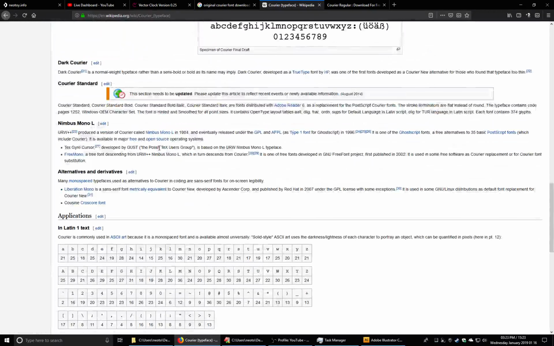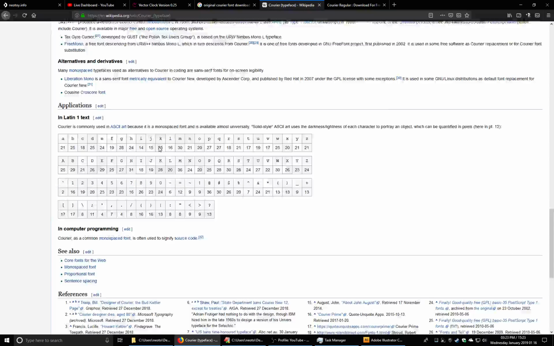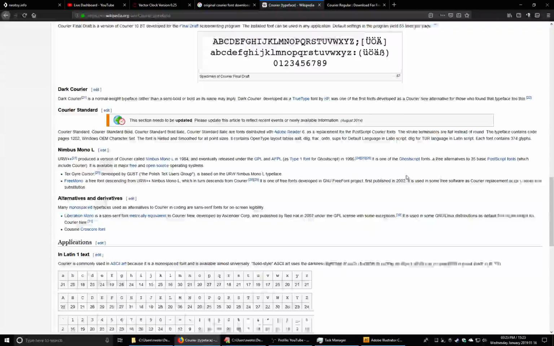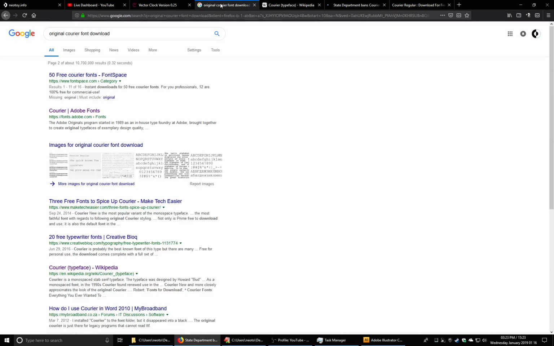Dark Courier? Well, this is curious. I haven't gotten any closer. This is interesting. State Department bans Courier. Yeah, okay, so